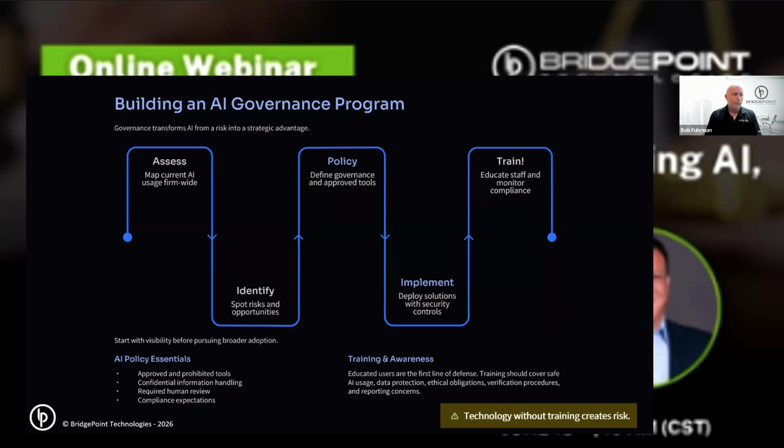So to me, the way a roadmap would go would be you analyze what your staff are using now, and you tell them nobody's going to get yelled at. This is to improve what we're doing. Be honest. What have you been using that you find has value to our work product? Then you sit back and analyze those.